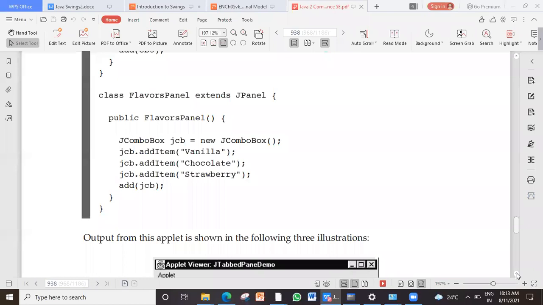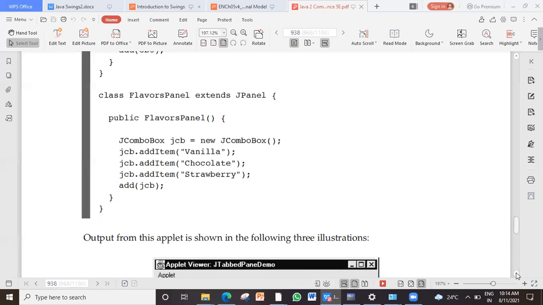called as combo box. In AWT also you have that component called as combo. You have JComboBox. Understood the difference between combo box and list box? List box will not allow you to type the new value. Combo box will allow you to type the new value or select from the list.